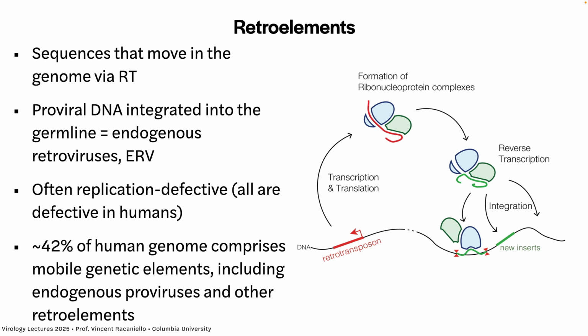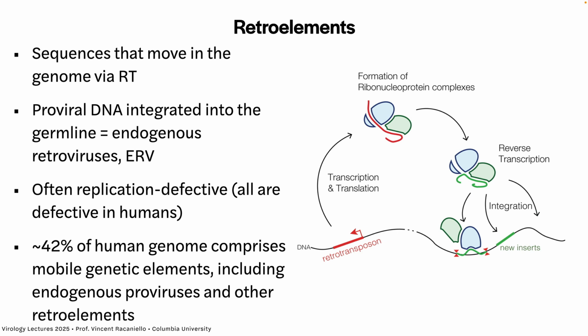Now, retroelement, which I've used before, the definition of this is a sequence that moves in a genome by reverse transcription. All right, so how does that happen? So we have an integrated element from an endogenous retrovirus, right? And it can be copied into mRNA. That can be copied into DNA by reverse transcriptase, which we know is encoded in the nucleus, and then it can reintegrate somewhere else. So it's moving around by virtue of reverse transcriptase.